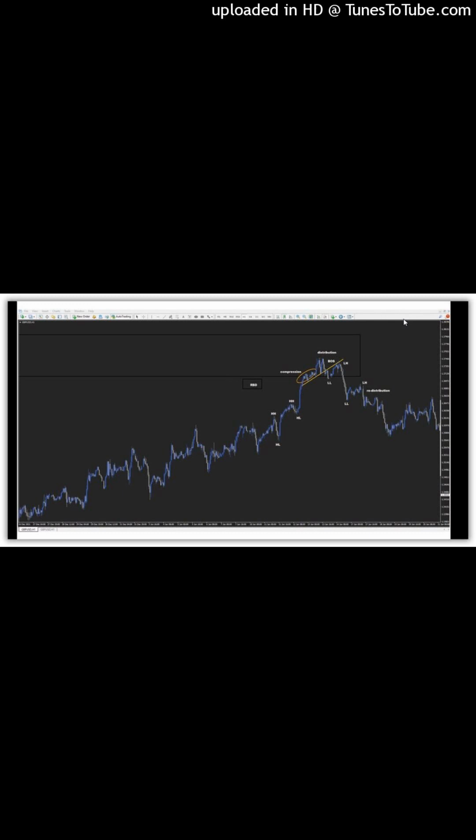Yes, the last demand here was broken and price made a lower low, the first one, then retest as lower high,